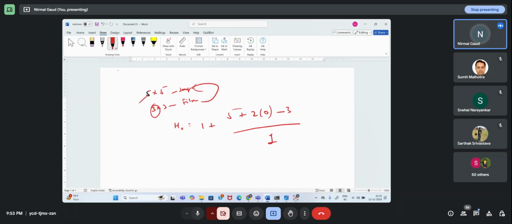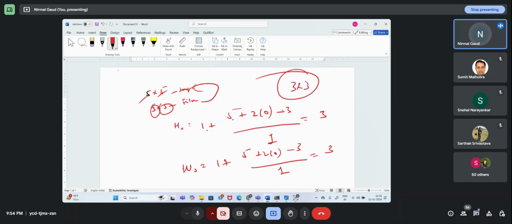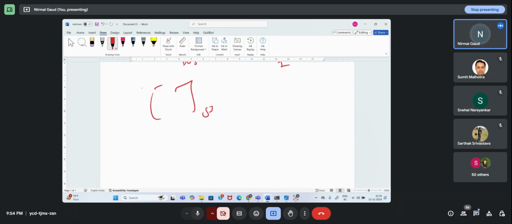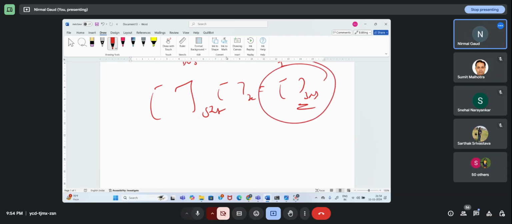Let us suppose I'm moving 1 pixel, so 1. This is the height output. The width output will be 1 plus again 5, the width of the image, plus 2 into padding 0, minus 3, the width of the filter, divided by 1. So 5 minus 3 is 2, 2 plus 1 is 3. This is also 3. So the resultant matrix will be 3 cross 3. If you apply a filter over a 5 cross 5 image, the result will be 3 cross 3. So obviously the size is reduced and the feature is extracted.